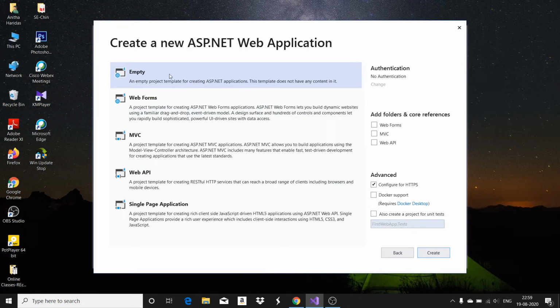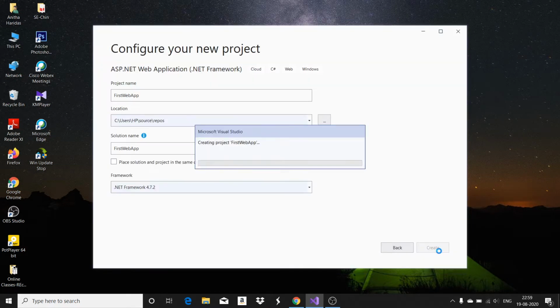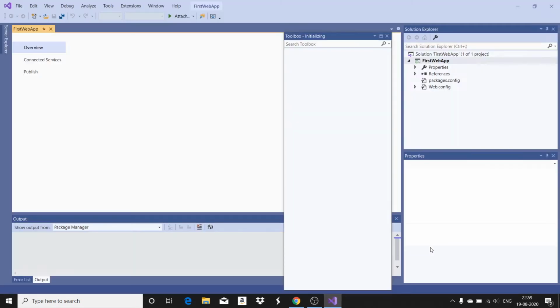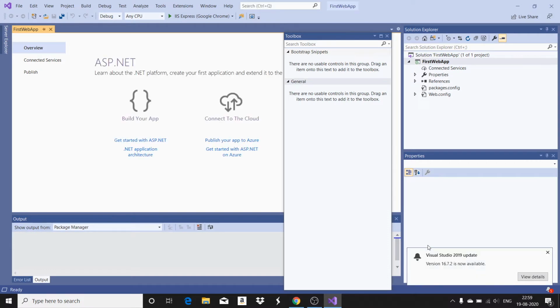So you click on empty web application and you click create, which will be creating a project in the name first web app. It will be creating a blank web application. We can start adding the web forms etc. in the application. So this will be the interface once you have created an empty web application.